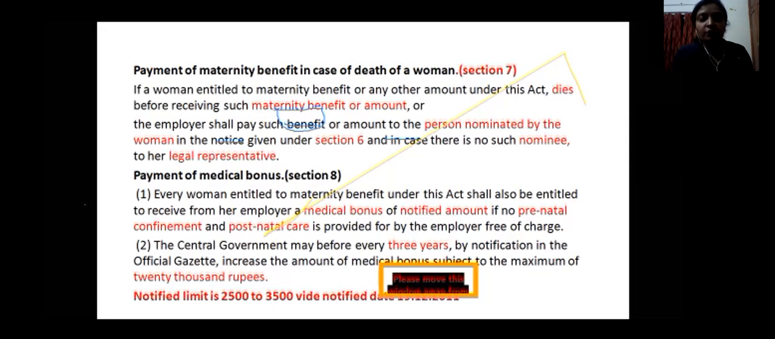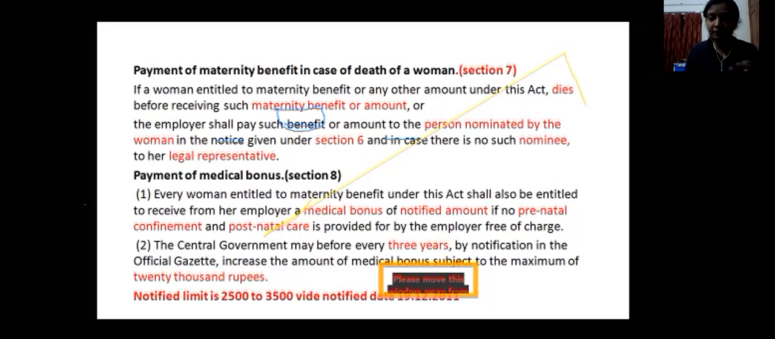Okay, so the notified limit is 2500 to 3500। it has been increased from 2500 to 3500। okay, dated 2011। okay, now the central government may before every 3 years by notification in the official gazette increase the amount of medical bonus subject to the maximum of 20,000 rupees। central government may before every 3 years, every 3 years में अगर central government चाहे तो they can increase the medical bonus amount, but the maximum limit can be only rupees 20,000।